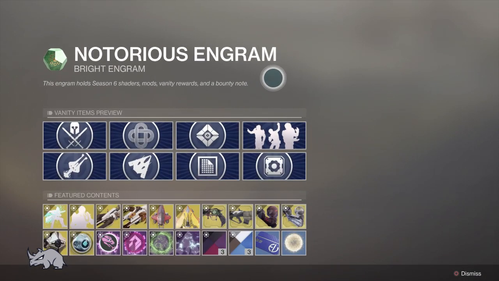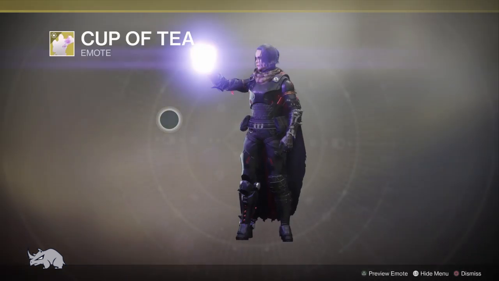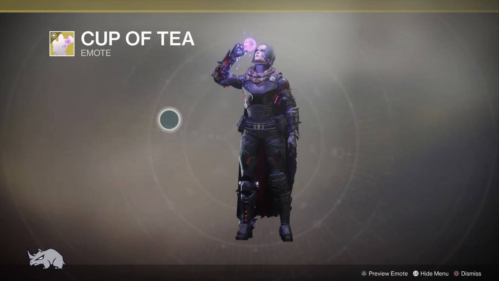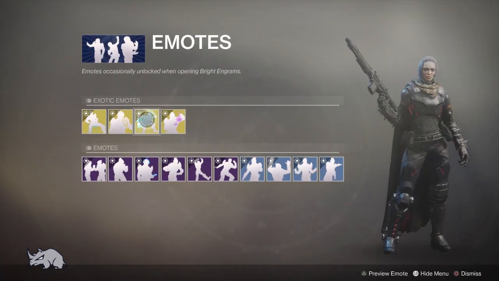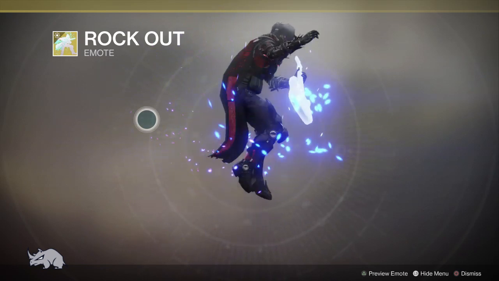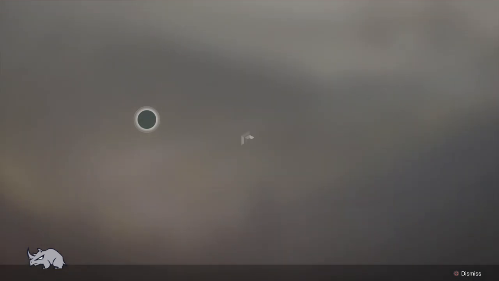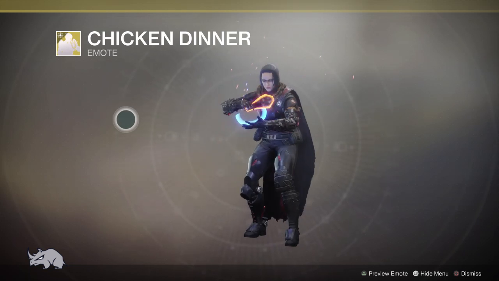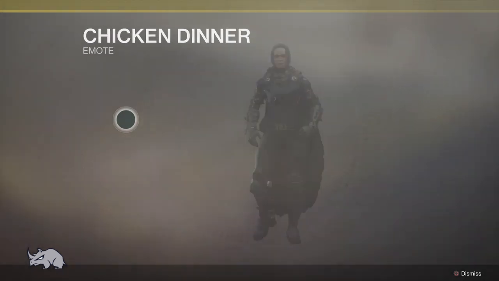Let's see here. Next we have some emotes. Cup of tea. Not too bad. And what we got next? Rock out. Yeah, I think we'll get that one when we can. And what we got here? Chicken dinner. And what do we got